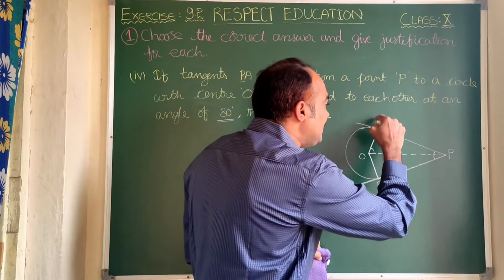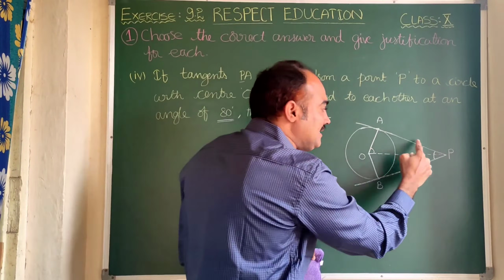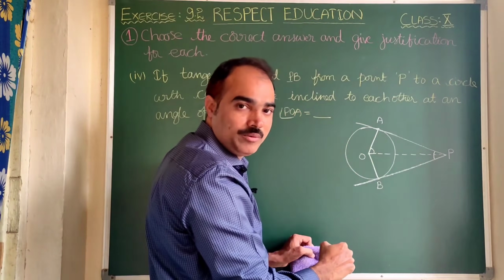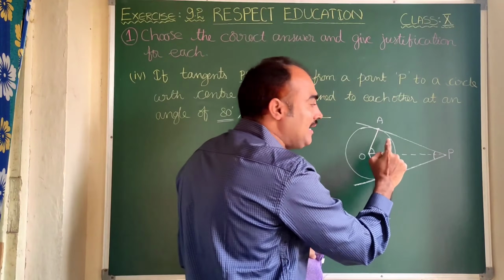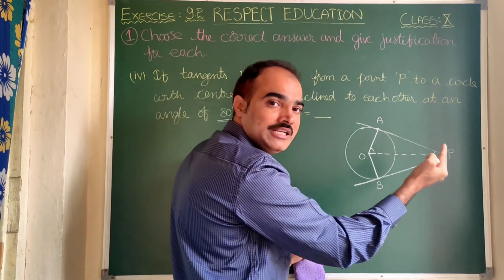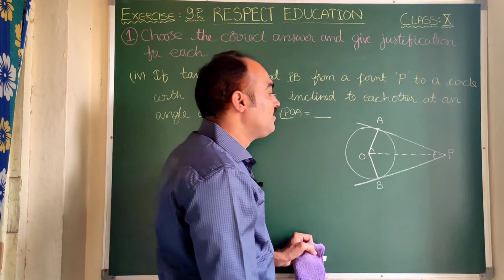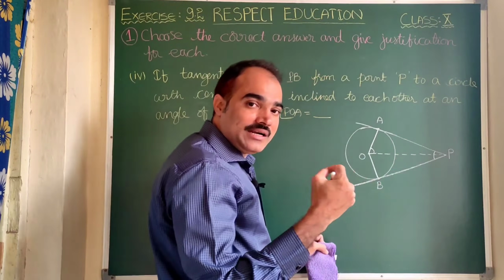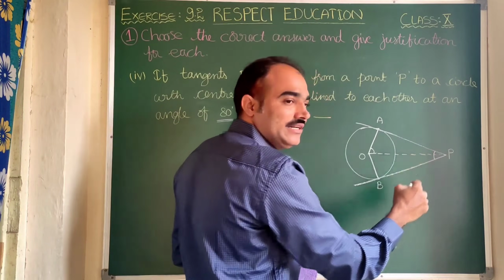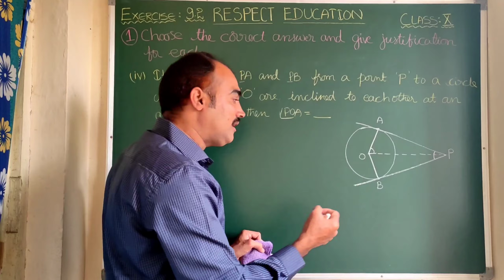Now here again you see in this right angled triangle, this angle is 90 degrees and this is 40 degrees, and definitely we can find this angle POA by using the angle sum property, that is 180 degrees minus the sum of 90 and 40. The sum of 90 and 40 is 130. So 180 minus 130 is 50. So we can find this angle as 50 degrees. Is it clear? We need to understand that this 80 degrees will be split equally, here 40 degrees, here 40 degrees, for which we are going to write the justification or clarification.